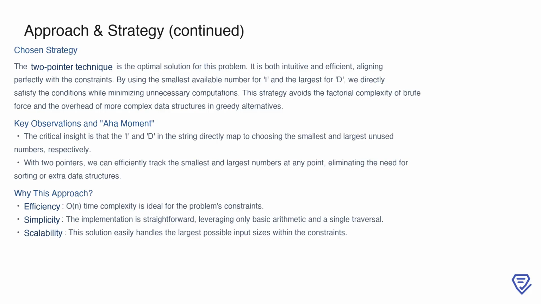By assigning the smallest available number for I and the largest for d, we satisfy the conditions in a way that eliminates unnecessary computations. Key insights include recognizing that the I and d characters directly correspond to the smallest and largest unused numbers, respectively. The use of two pointers ensures that we can track these values efficiently without requiring additional sorting